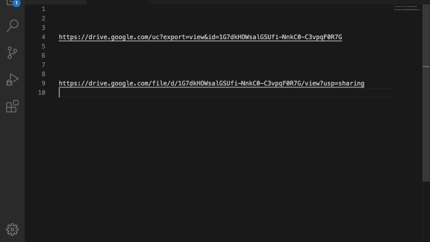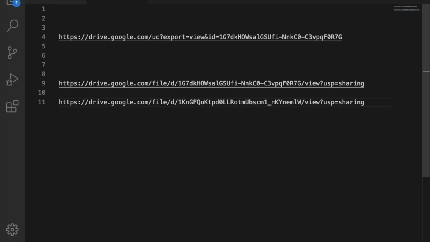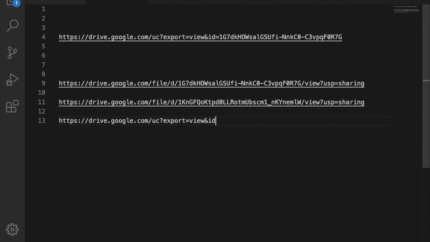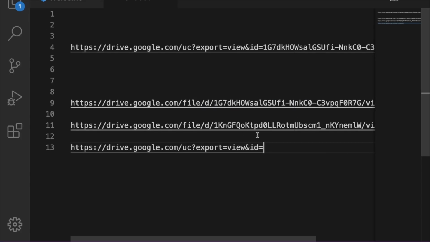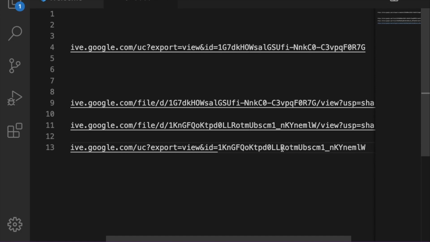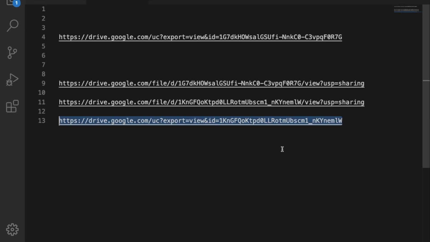Open any notepad or Visual Studio Code, anything. Then paste this link like this, then press enter. Then you will find this one link. I will give you this link in the description, and you have to copy this link, then the equals sign. Here you'll need to paste this one. Here you'll find the ID starting with 1 2 MW. You can see, because this one is the ID of our file, whatever we have, and we just have to paste it here like this. Simple. Now let's copy this whole URL.